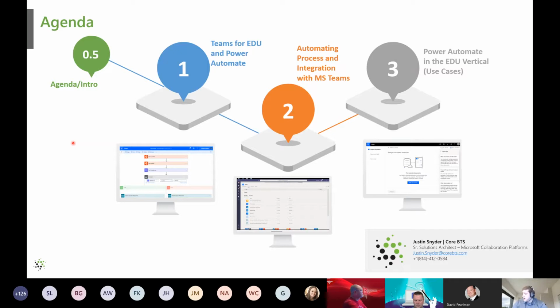Today we'll be talking about a couple of things. We'll take a little short pit stop and just talk about overall Teams for EDU as well as Power Automate for EDU and really what those two products are. If you're not familiar, I assume a lot of you are, obviously, but we'll talk about those two as products and what they can do.